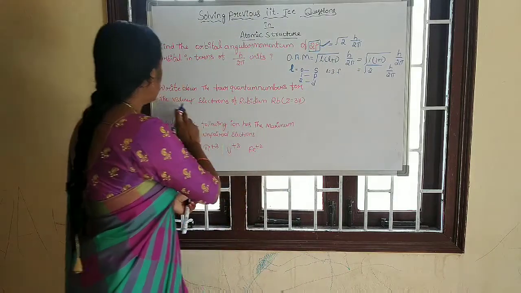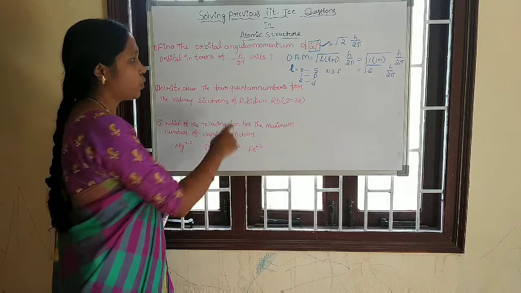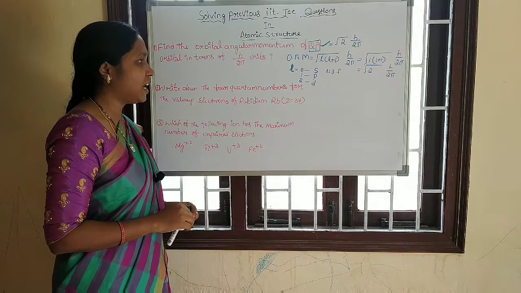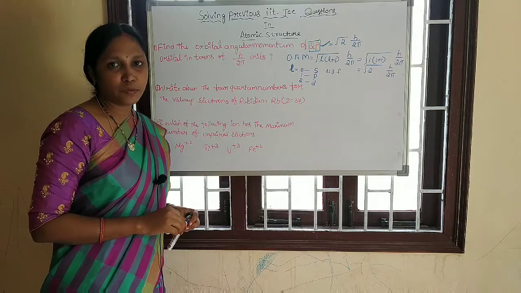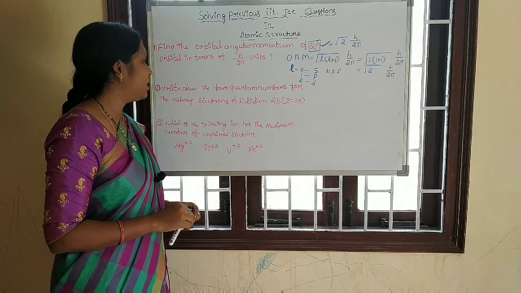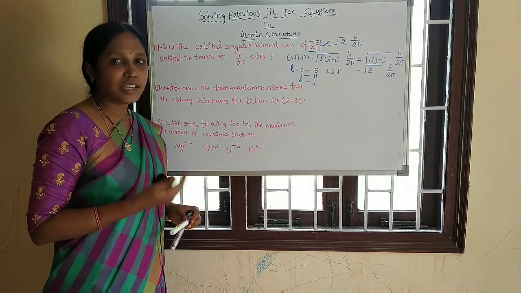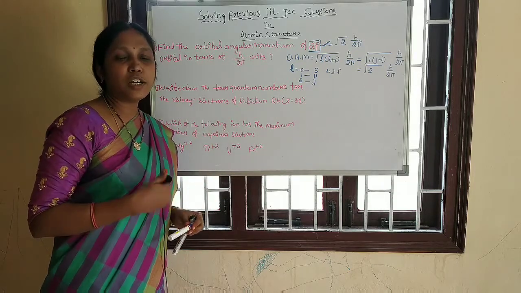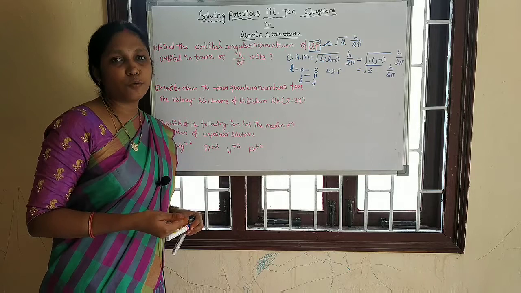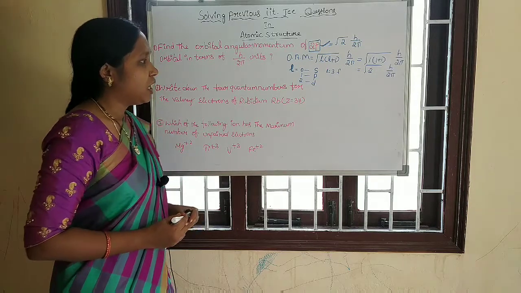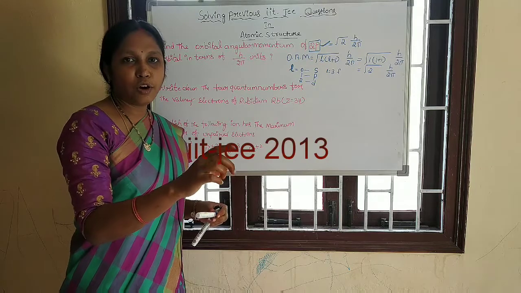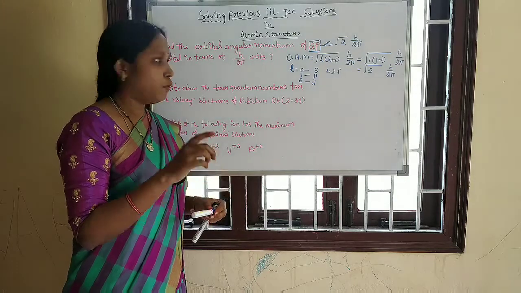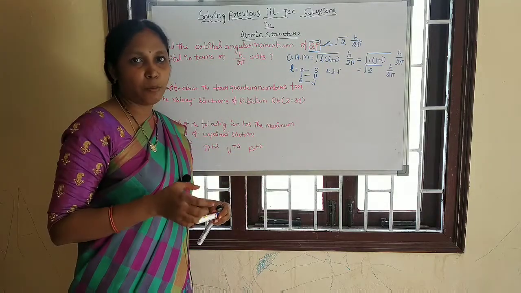Okay. Next, write down the 4 quantum numbers for the valency electron of rubidium. What is that? Write down the 4 quantum numbers for the last electron. The valency electron is also called the last electron or outermost electron. Write down the 4 quantum numbers for the last electron or valency electron of rubidium. Which group is it? Either you know the energy order of orbitals, or you know which group the element belongs to.